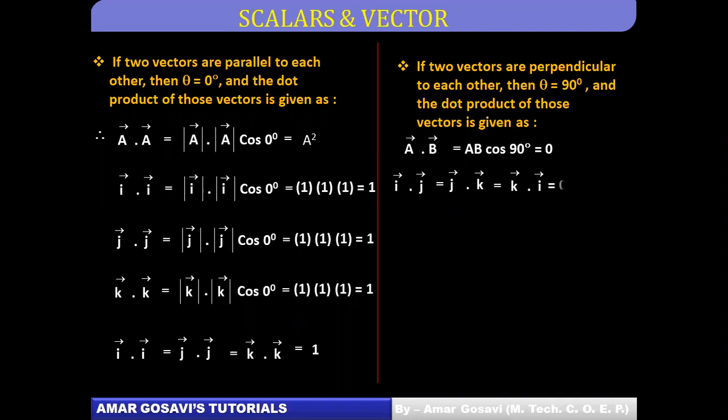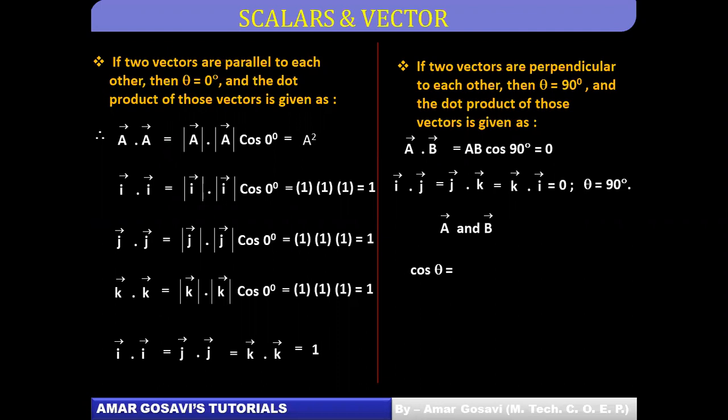So then in that case, can I say if I work out the dot product, because the angle is 90 degrees between all of these, the dot product will be 0. So I can make a general statement: I cap dot J cap, or J cap dot K cap, or K cap dot I cap will be 0. Unlike I cap dot I cap equal to J cap dot J cap equal to K cap dot K cap equal to 1. This is something you need to remember while solving problems, because theta is 90 over here.